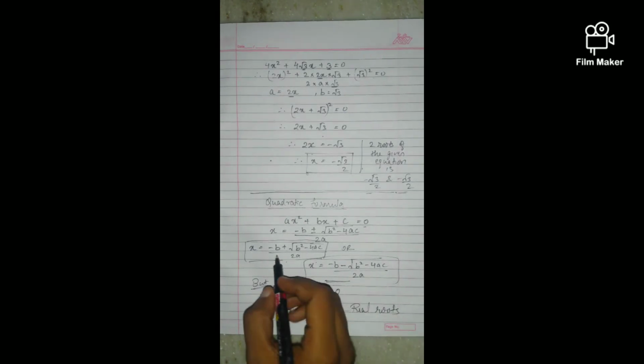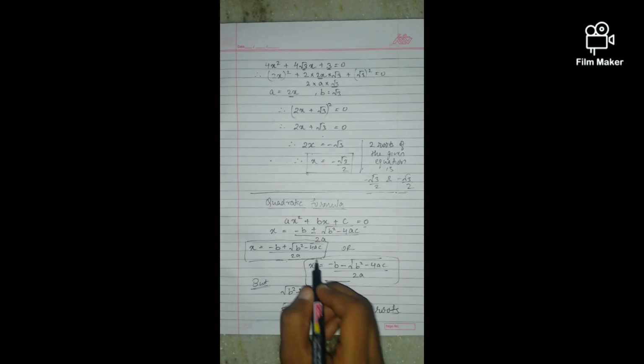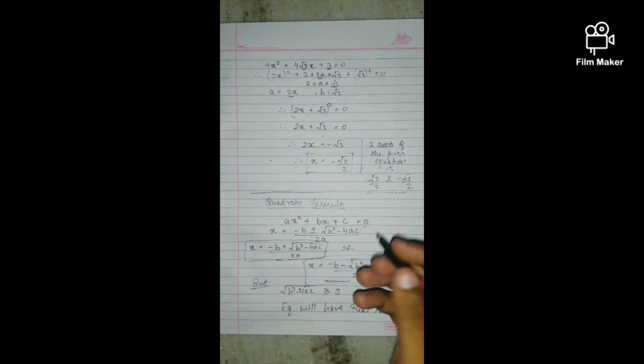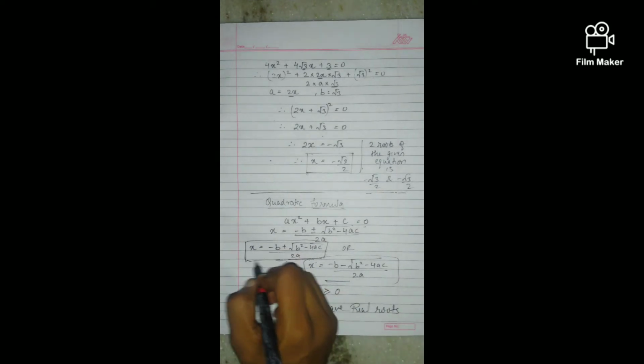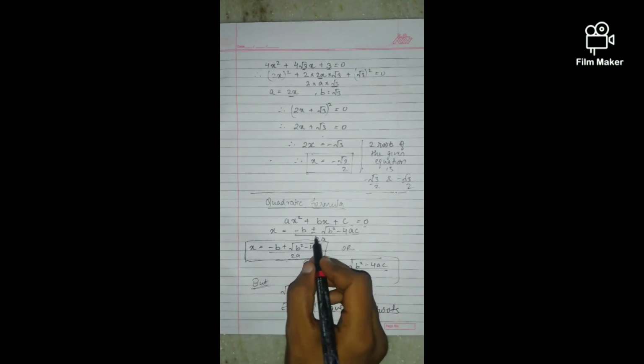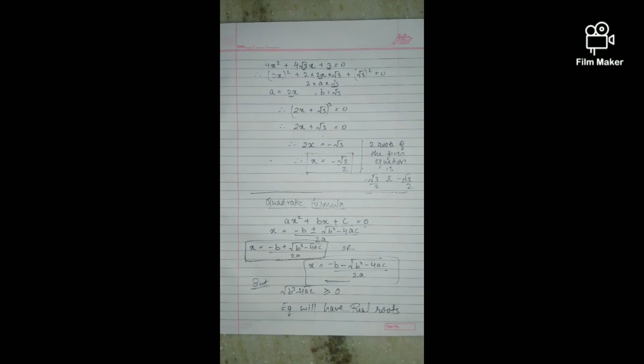Okay, so the question is, from where do we get this equation? There's a procedure, or the derivation, of this equation. You guys let me know if you want to see that part of the video also. I'll make another video for this equation. Okay, for this formula, x equals minus b plus minus under root b square minus 4ac upon 2a, for exam point of view, the derivation of this equation is not needed. You just have to remember this equation and solve.